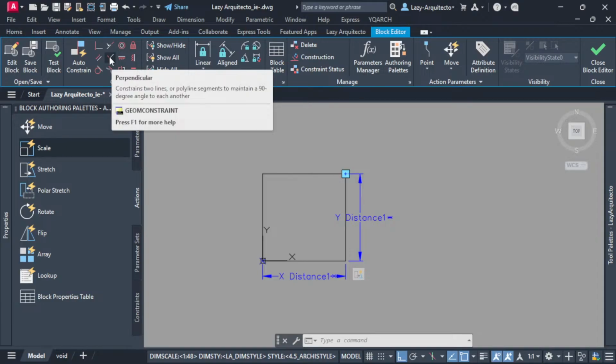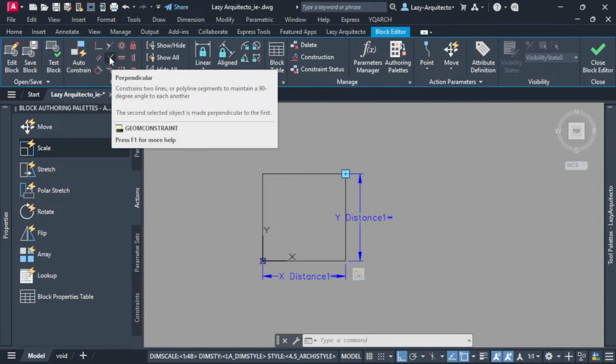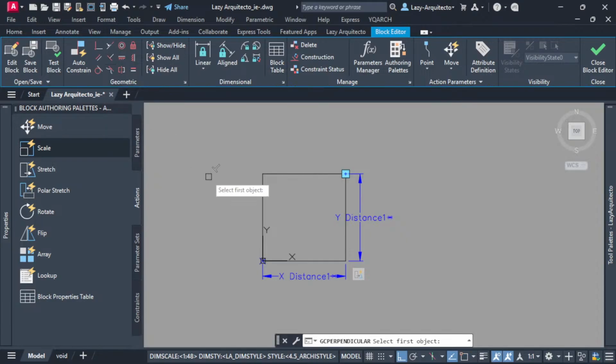Where is it? It's right here. So we need that constraint, the perpendicular one. It says constrain two lines or polyline segments to maintain a 90-degree angle to each another. That's what we need. We want to keep the 90-degree angle for the rectangle. So I'm going to use that, and I'm going to start adding